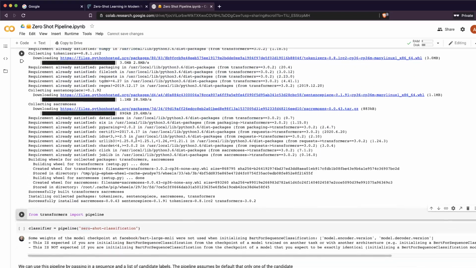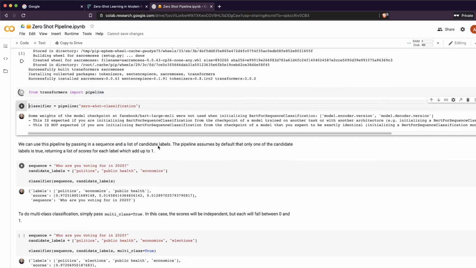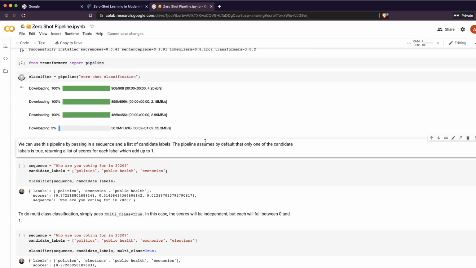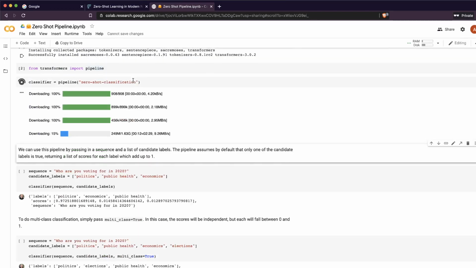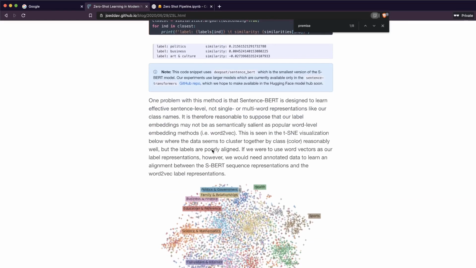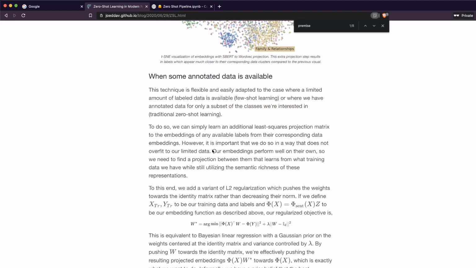Now the package is getting installed, it's done. Now let's load the pipeline from Transformers. It's loading. Like we just discussed, what we are trying to do is take a text, and we do not have any training data at all at this moment. Then we are going to see how this zero shot classification model works, which internally uses the methodology we just discussed, NLI, natural language inference, and you can read this detailed article about how it works.